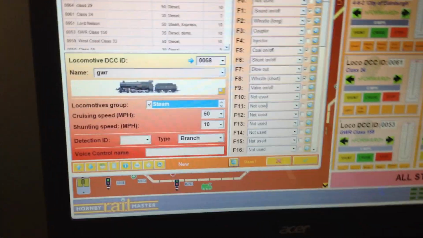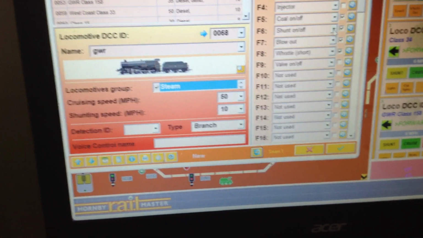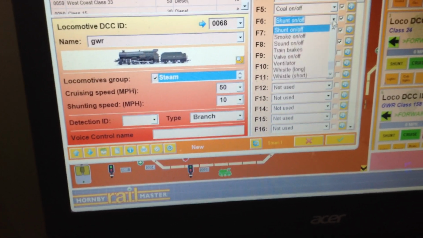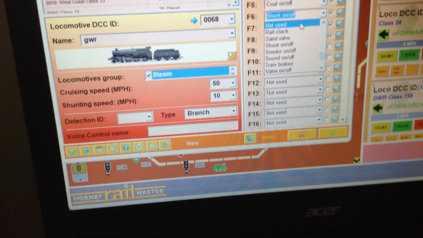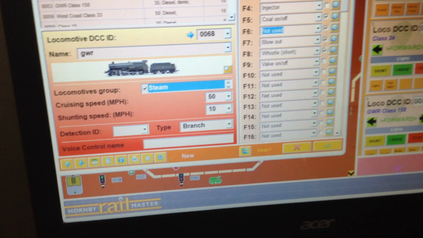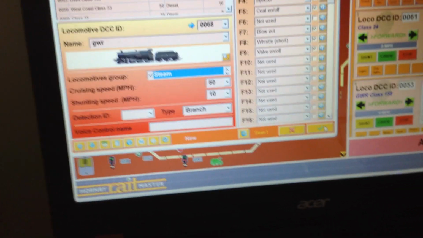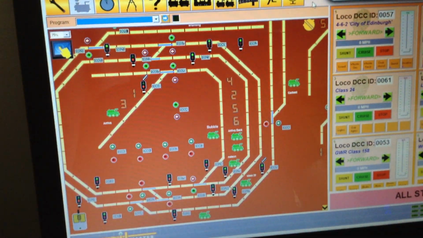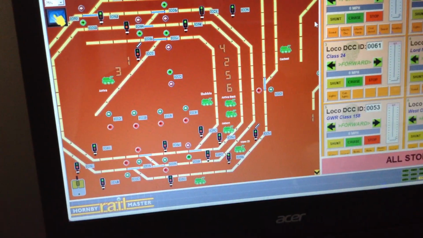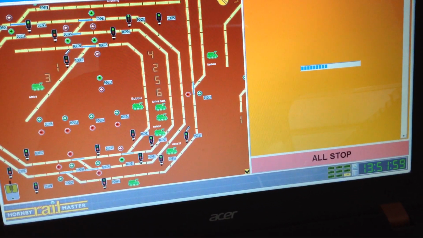Now then, one thing you can get problems with is this one, this shunt on and off. I don't put that in. I've had trouble, and I've just taken that out, and it's gone. Take that out of there, and we just put that one in. We just add it up. We click that now. We click this again up here. There we go. If I go to the bottom of my list now,